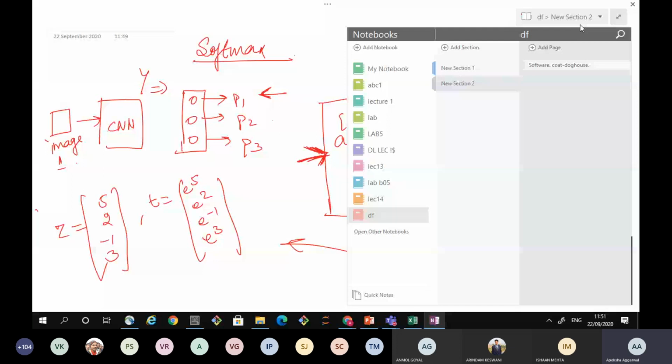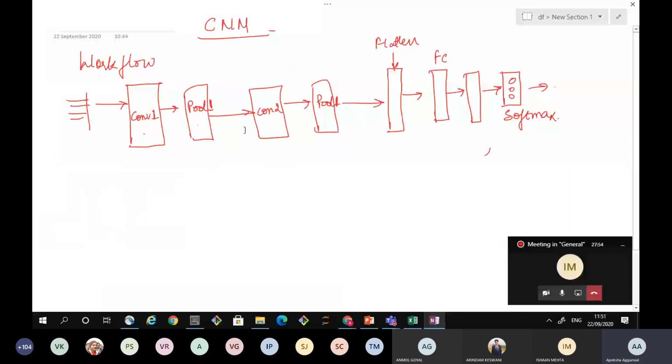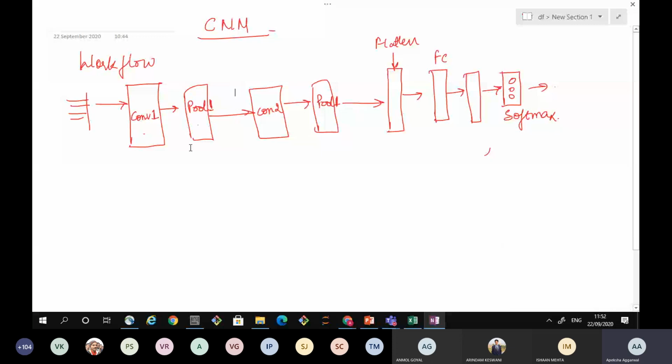Now in a CNN, we have discussed already, we have a convolution layer, we have a pooling layer, then multiple convolution and pooling, and then we are flattening this, then fully connected. How does this work? Suppose after pooling I am getting some image of my size, something like that. So if I am flattening, now in this fully connected layer, suppose I am putting 100 neurons.